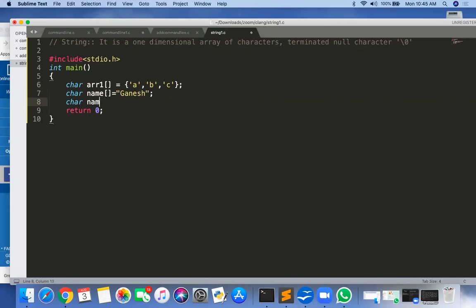Third, say name2 array is equal to "GBsoft". The third one, arr2 is equal to G, B.